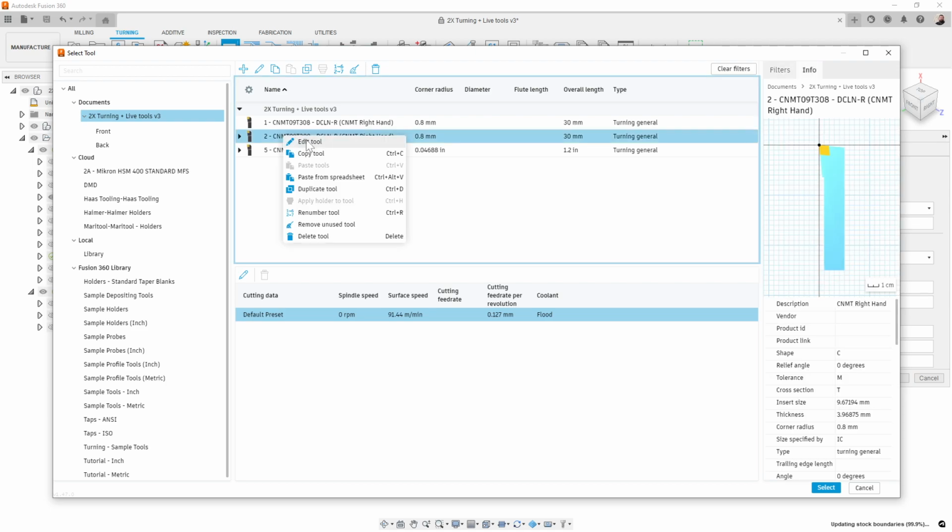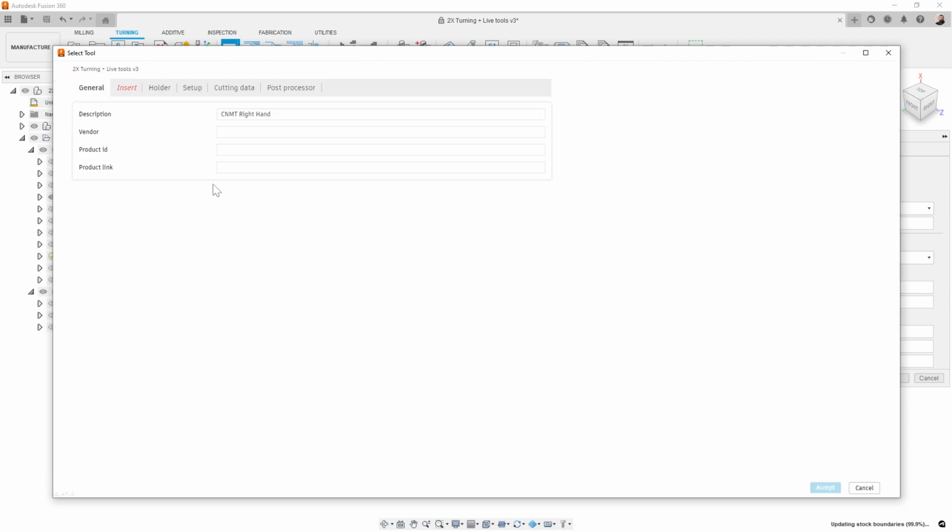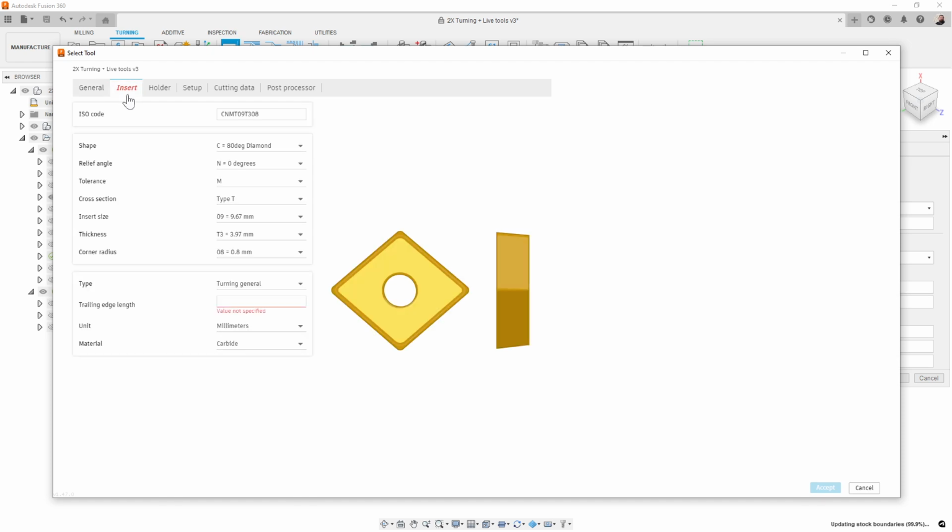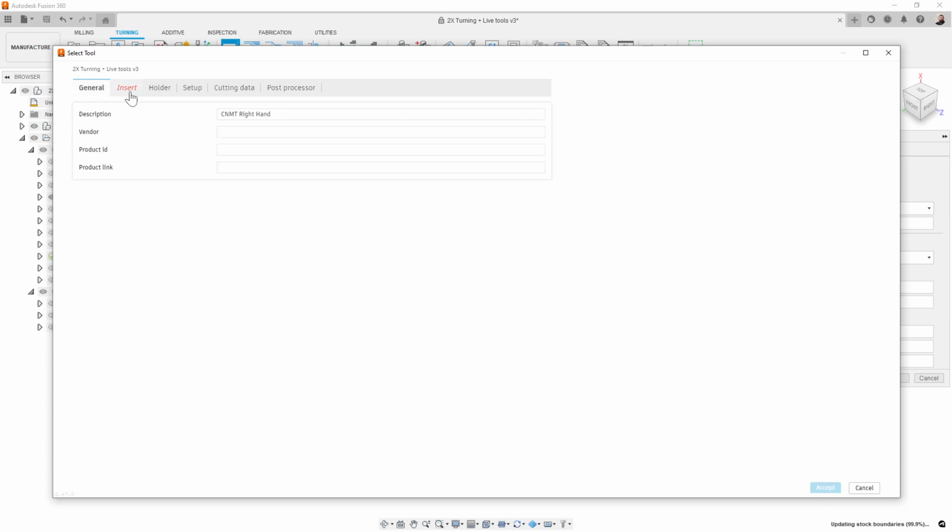What happens when I right click on here and say edit tool, you'll see that insert is red and there's some italics around it. When I go to this page, it shows me that trailing edge length, the value is not specified. So no matter what value you put in here, you won't be able to get this to accept it. And the trick to change this, if you're trying to edit a tool or edit some sort of parameter,